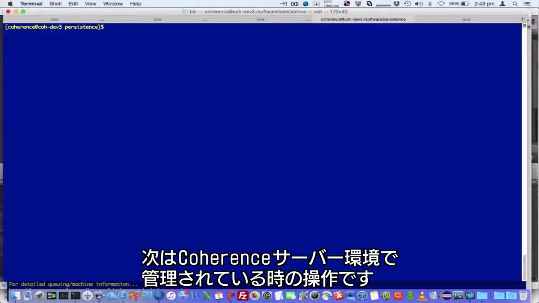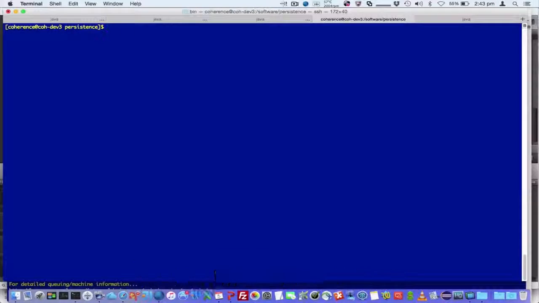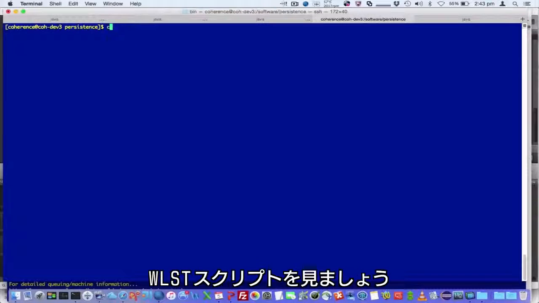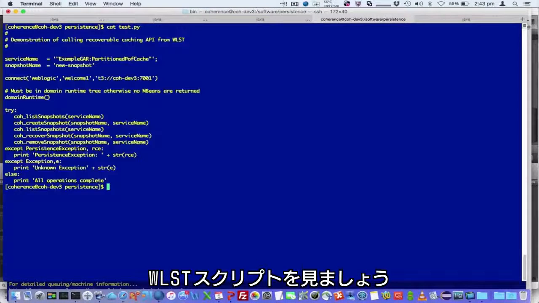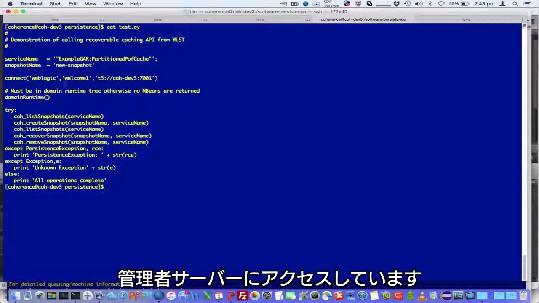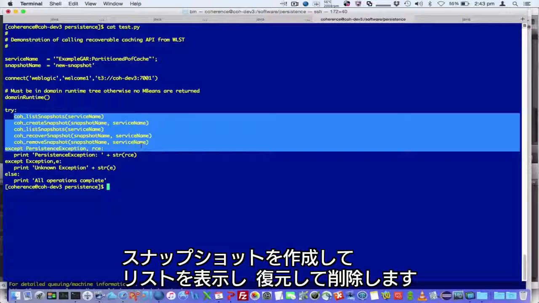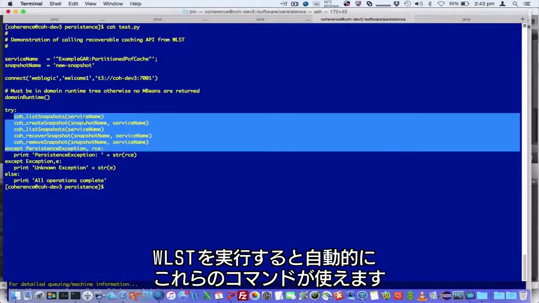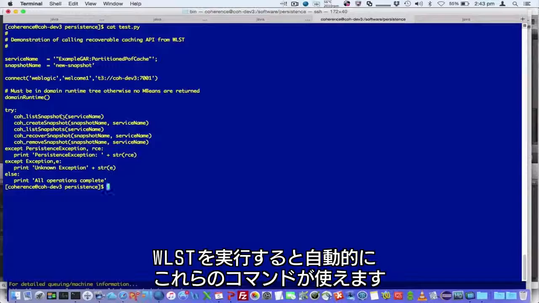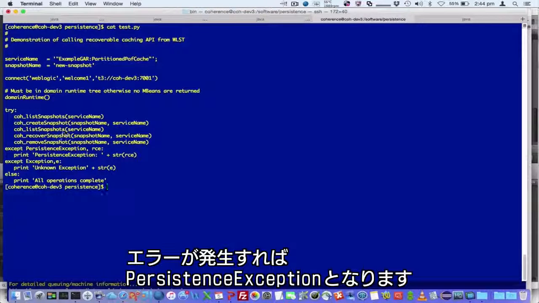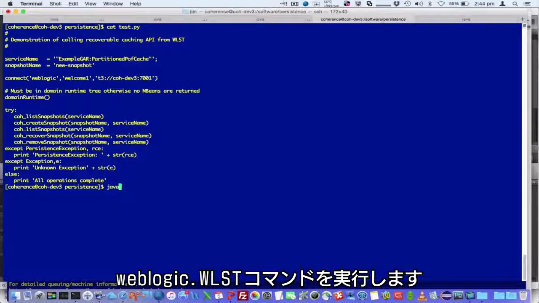What I'd like to show you now is how we interact with Persistence when we're in a managed Coherence server environment, i.e. WebLogic server. So if we look at our WLST script, we're basically connecting to the admin server, we're making sure we're in domain runtime, and we're issuing these commands. So we're going to list snapshot, create snapshot, list again, recover, and remove. Now when you run WLST, these commands are automatically available, and any errors will raise a persistence exception. So if I run this,